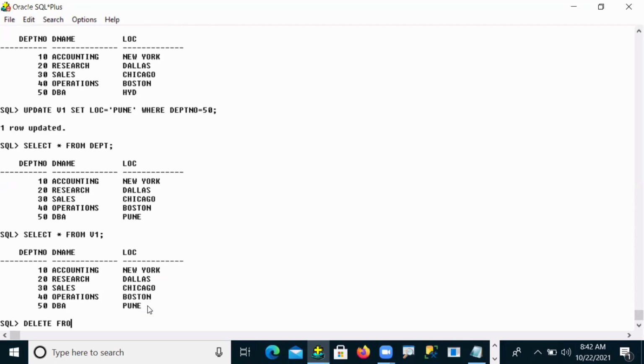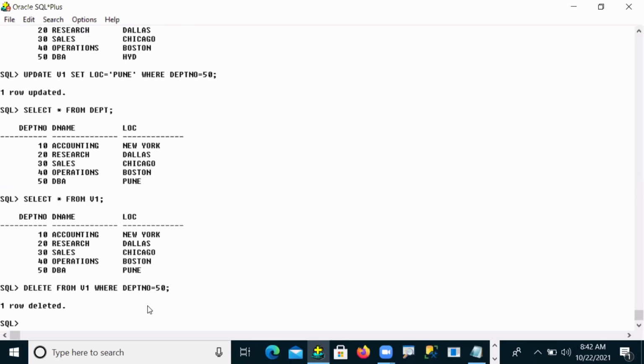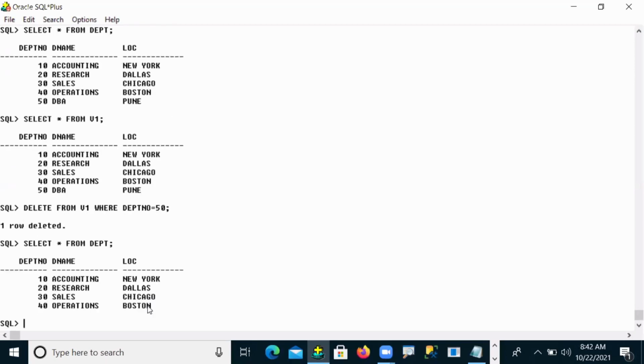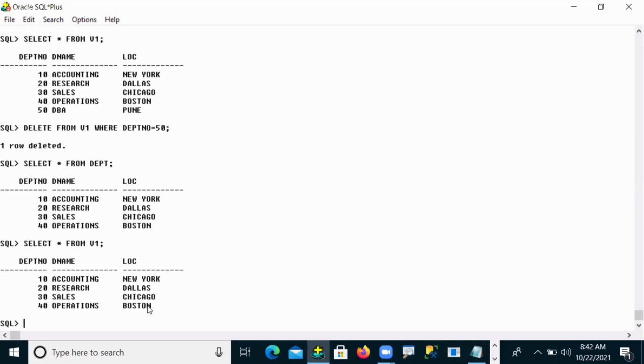In the same way, delete from view one where DPT number is equal to 50. The data is deleted from the base table. Whatever was deleted from the base table, the same reflection is seen in my view. Now understand, the view is a virtual of your base table.